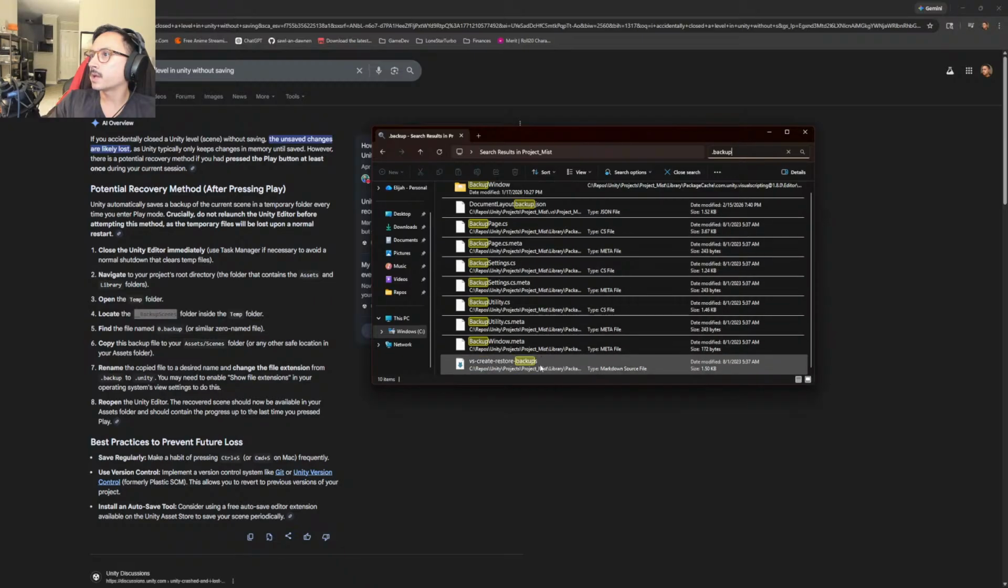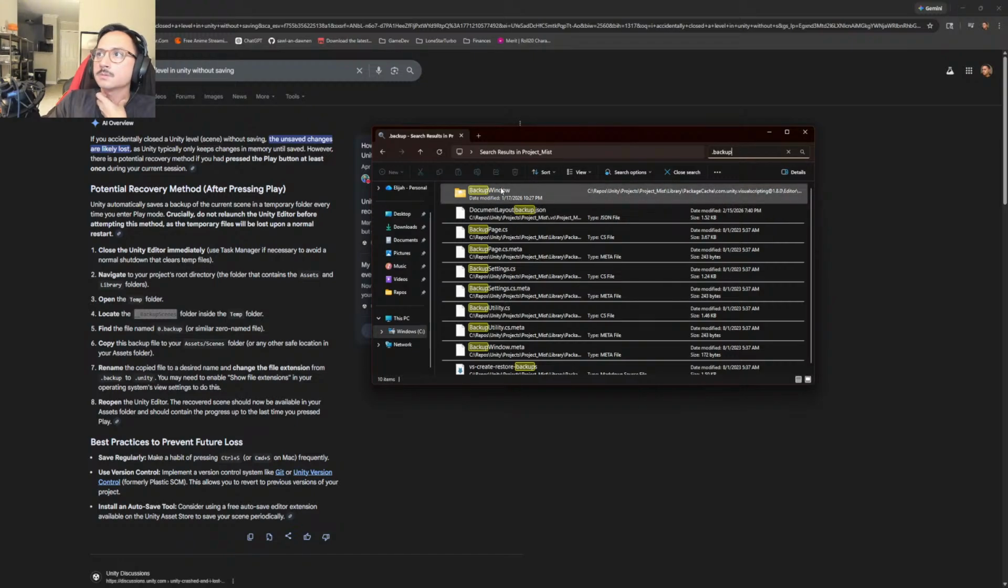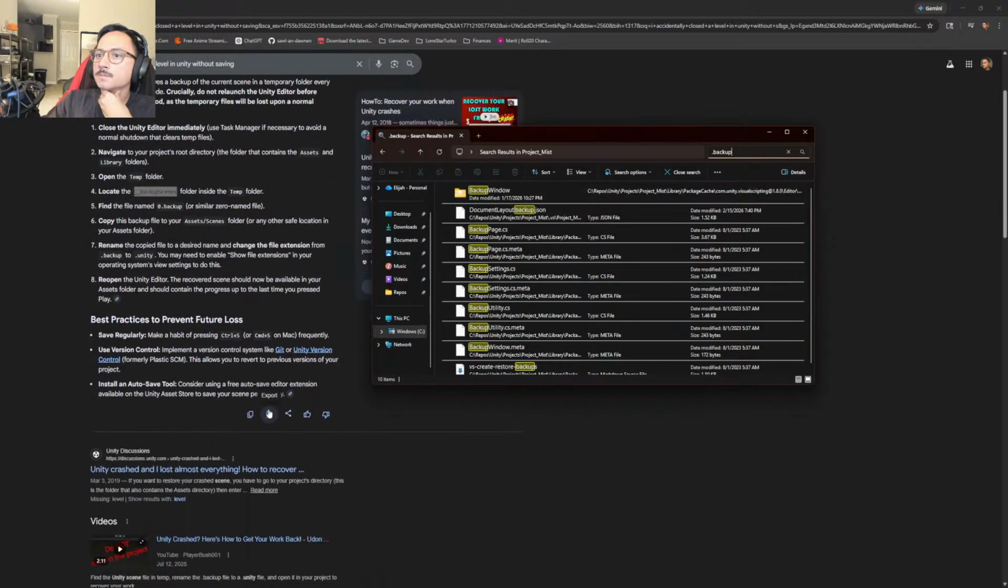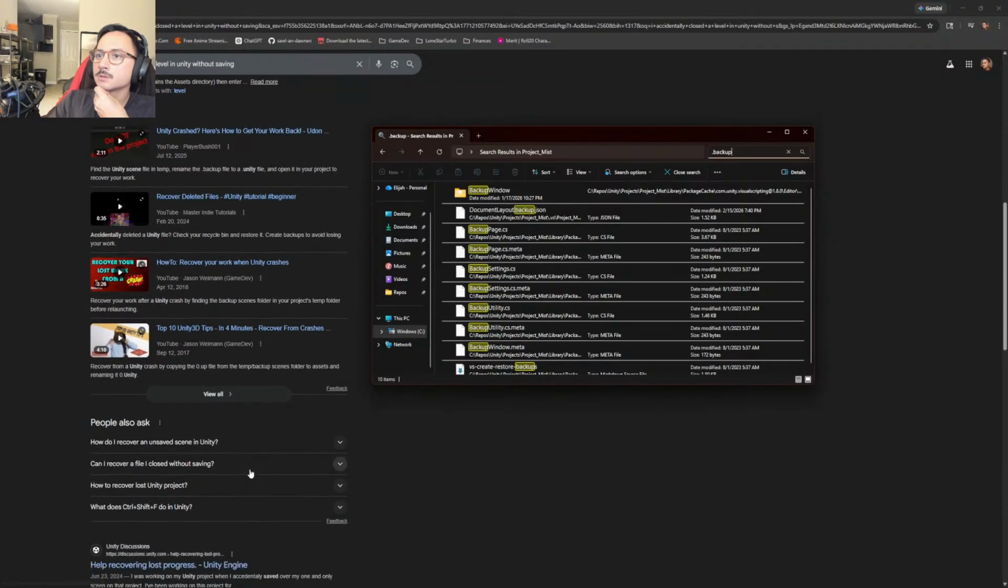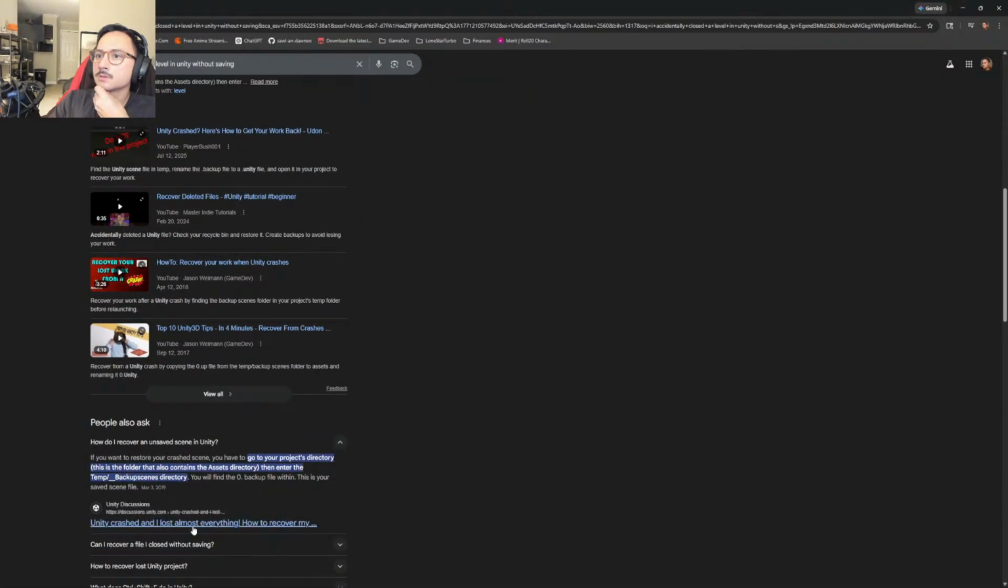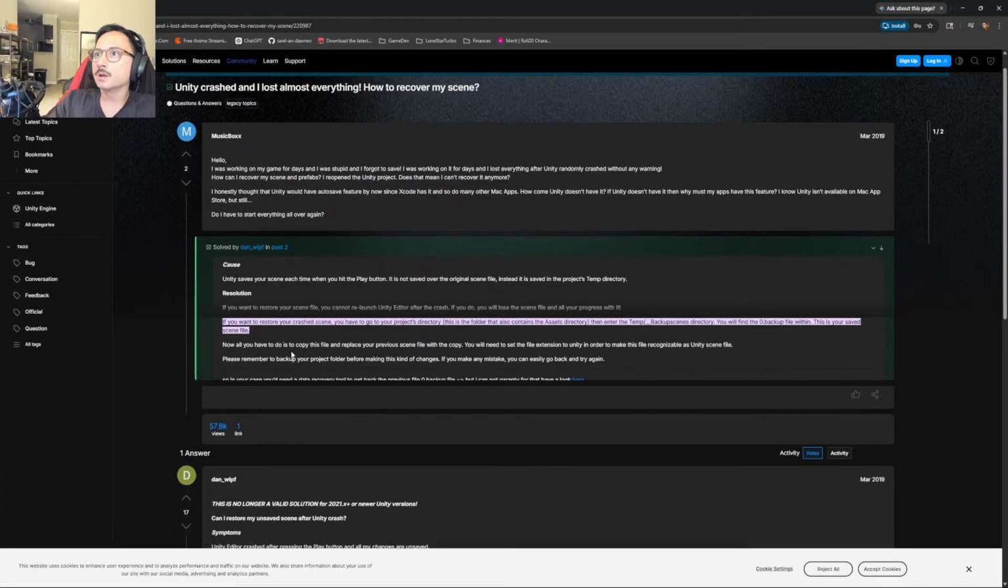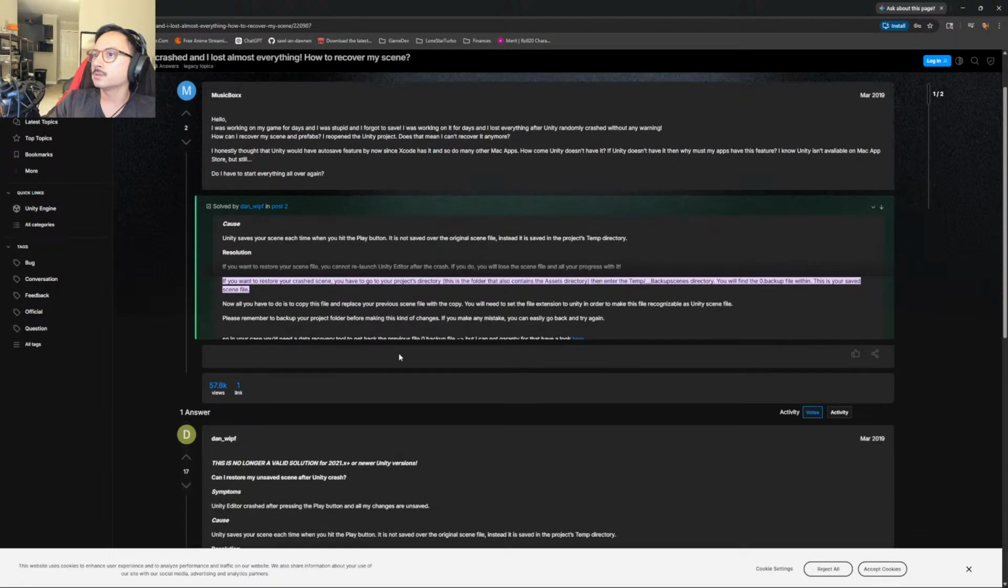VS creates restore backups. Okay, if you want to restore your crash scene, you have to go to your project's directory. This is the folder that contains the assets directory. Enter temp, and then enter the temp backup scenes directory. You will find the 0 backup file within. This is your saved scene file. Now all you have to do is copy this file into your... This is no longer a valid solution for